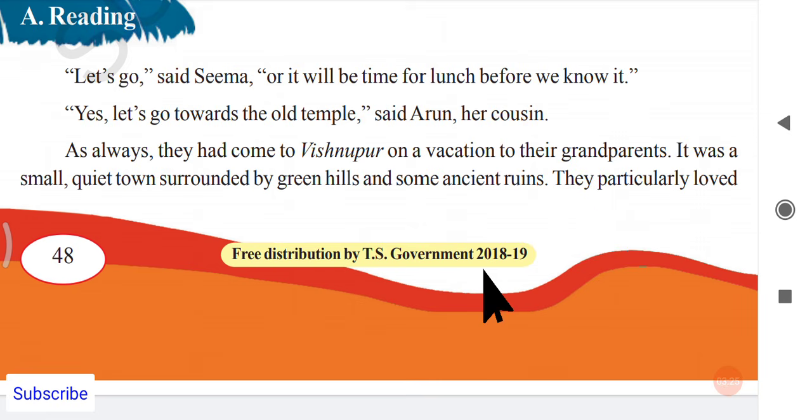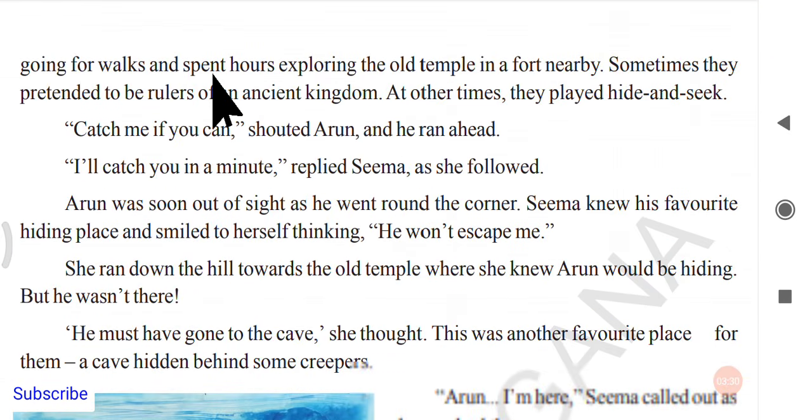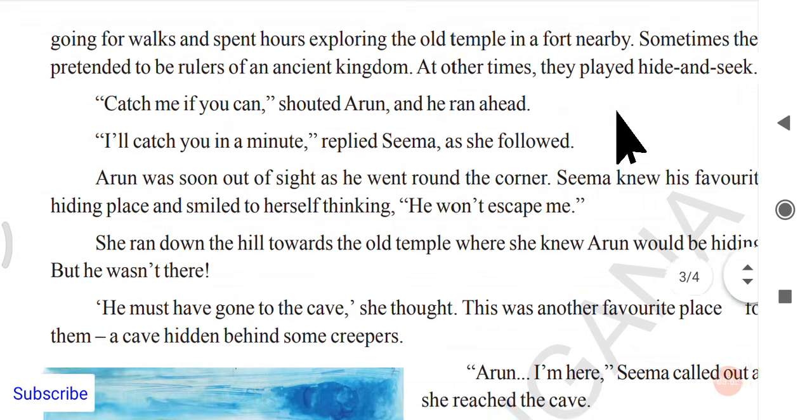They particularly loved going for walks and spent hours exploring the old temple and a fort nearby. Whenever Arun and Seema come to their grandparents' home for the vacation, they always go for a walk towards this old temple. There is a particular old temple, and a fort also is there nearby, so they go there and play.